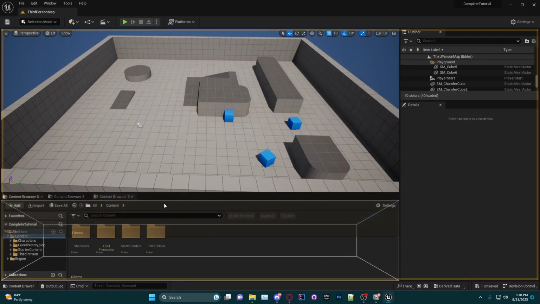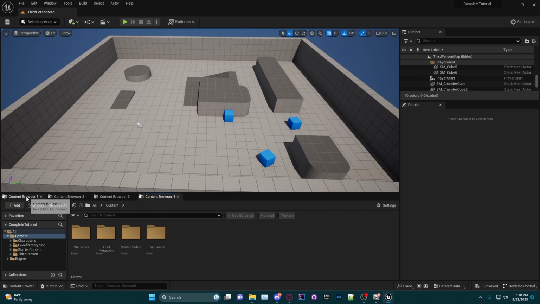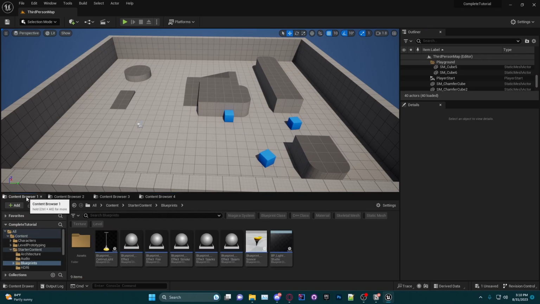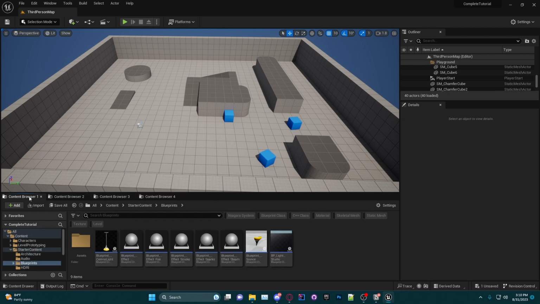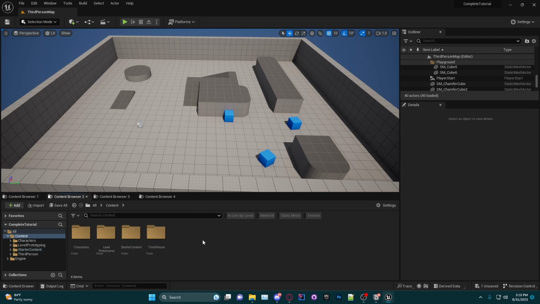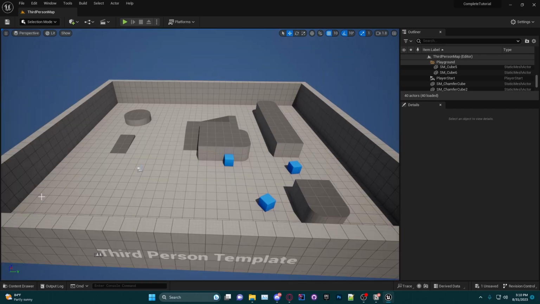And the reason for that is I might be working with several different folders at once. I might be working with, you know, a character blueprint down here, and that has to do with a material in this folder. And I'd be able to just go back and forth easily like that. So that's why I like to use that. But if you don't want these permanently on your screen, you can simply just X out of them like that,